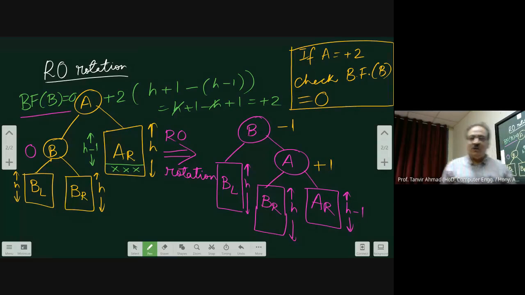Now, there could be some nodes above A also, which we are not concerned with. Why? Because we are only balancing that part. Any node which is coming above A will be put over there as it is. That means if there are some nodes above A, you just directly add those nodes at B, because B is now the new root. Correct? Now let us try to get an example for this. Is it clear to you?